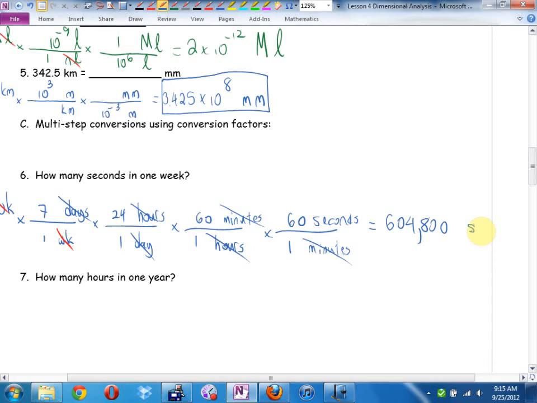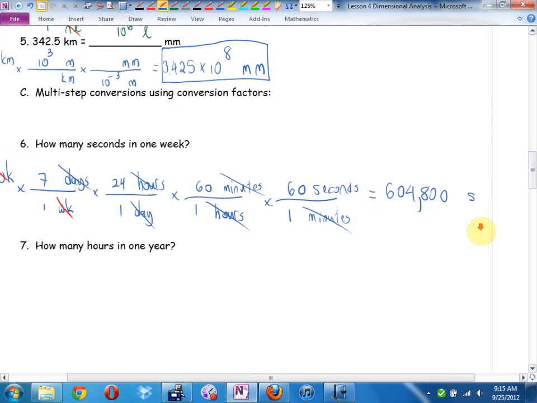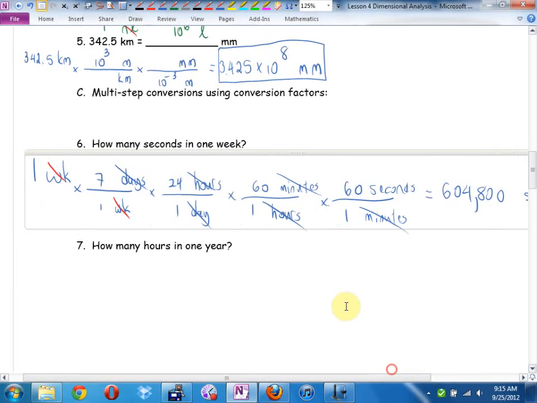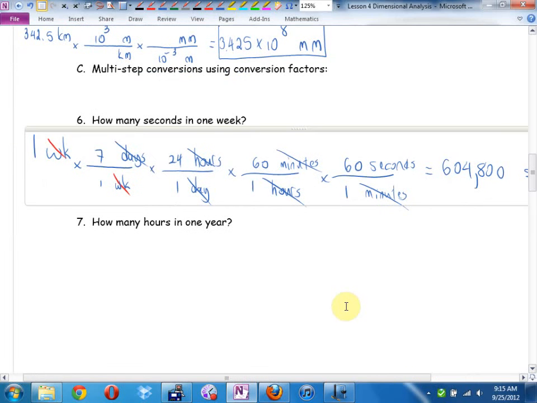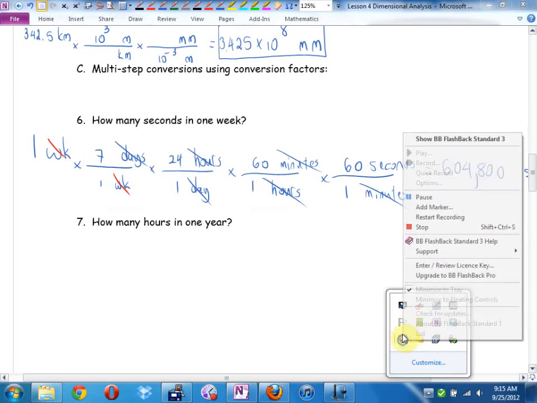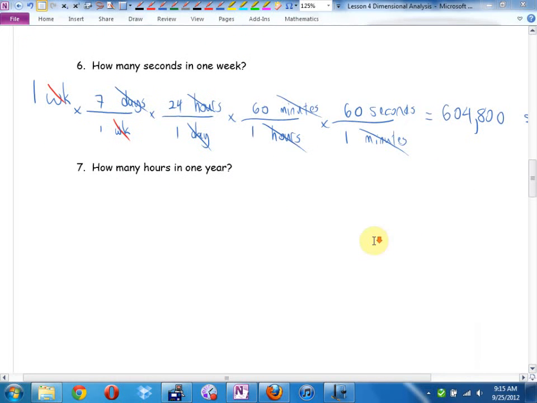How many hours in 1 year? I don't know. But I think I can build a chain of conversion factors and get there. Let's see. How many hours in 1 year? Jordan, you know what I'm going to do first? How am I going to start this out? Have I started this out every other time? Dylan, how am I going to start this out? There, Captain Obvious. I'm going to write down the question. They want me to go from years to hours, so I'm going to write down